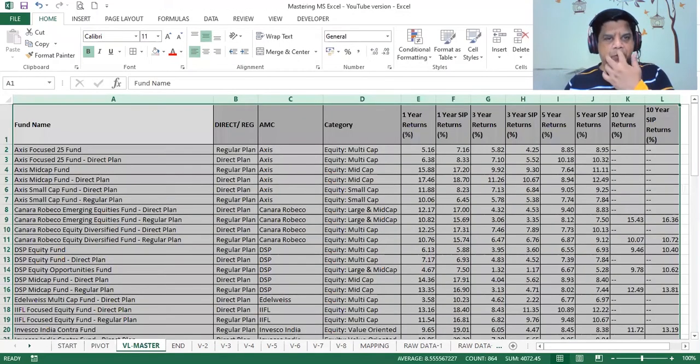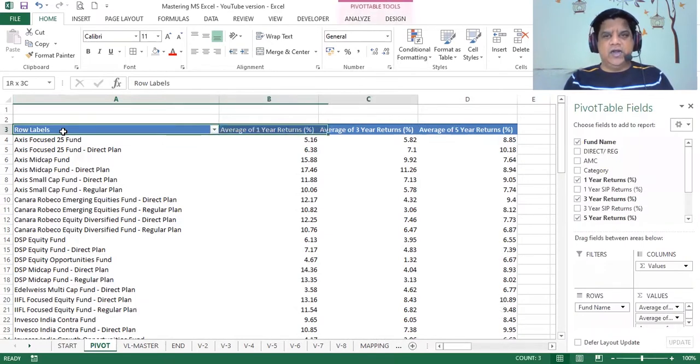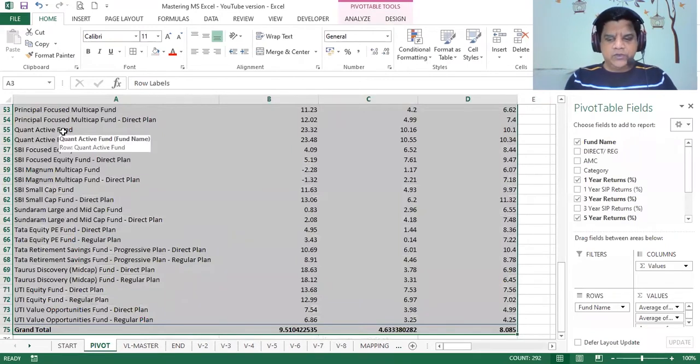So in the last video, what we have seen was from a master sheet, how do you create pivots? So let us go to the pivots which we created in the last video. These were the different pivots which are there. Now let's say on this pivot, if you're trying to create a chart, it will not look good. Why? Let me show you that. So in the chart, you don't have to take totals.